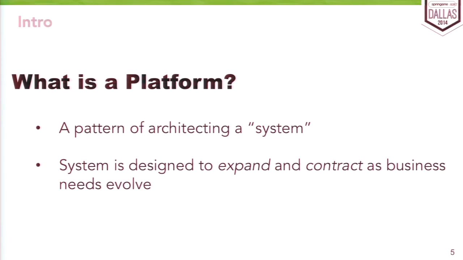And what we're talking about doing here is designing a pattern for architecting a system, right? And this forces us to think about modularity of the system in terms of the business function, which means that the system's technical requirements and implementations are allowed to expand and contract as the business needs evolve, right? So we don't get locked in a situation where the system is holding the company back. Instead, as the business grows and as the needs change, the system can evolve with it because we've separated these aspects out.